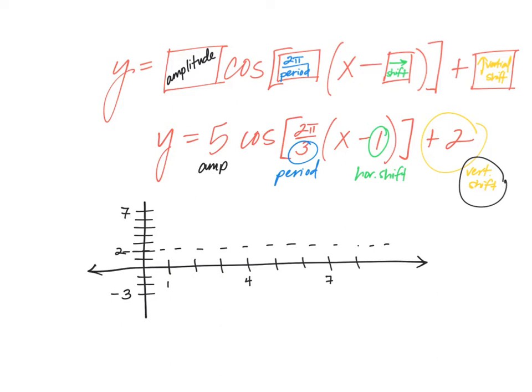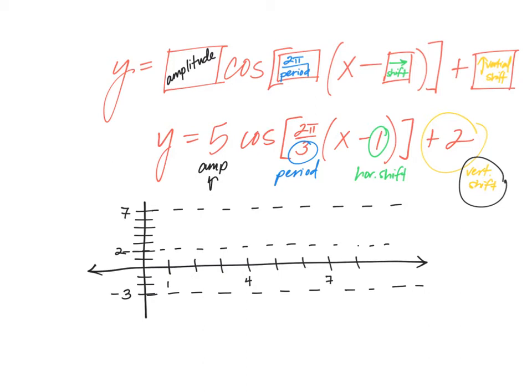From there, I'm going to look at the amplitude. Now the amplitude is 5, which means that this function will go 5 above and 5 below the midline at different times. So I'm going to go ahead and create this second and third dotted line, each of those being 5 units from the midline, 1 five units above, 1 five units below. So these are kind of the parameters, and I know that my graph is going to cycle between this maximum